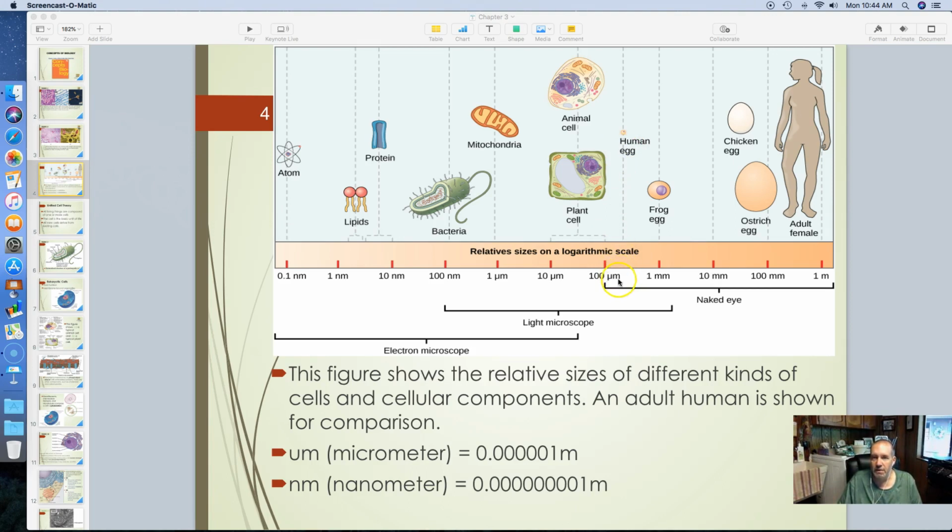Now we start getting into micrometer measurements, into the scale where things start getting out of being able to see them with our naked eye. A human egg is right on the very edge of visibility. Then we start getting into what we need a microscope for. Even something we can see with our naked eye, like the frog egg, if we put it under a microscope, it's going to blow it up, and we'll be able to see detail that we can't see with our naked eye. And so this starts going into what we're going to be looking at in this chapter,